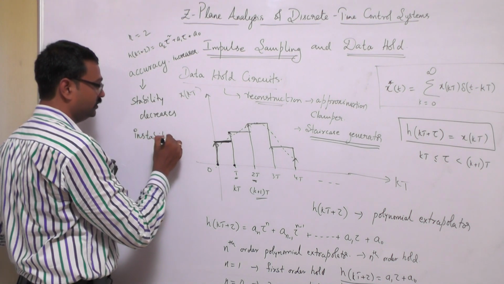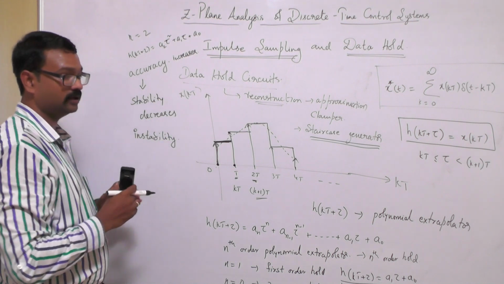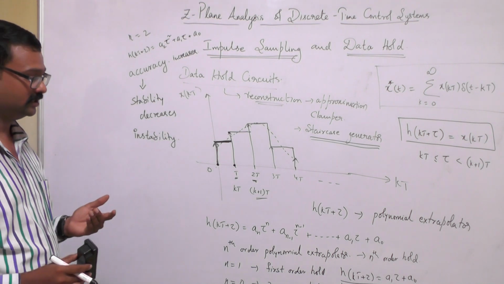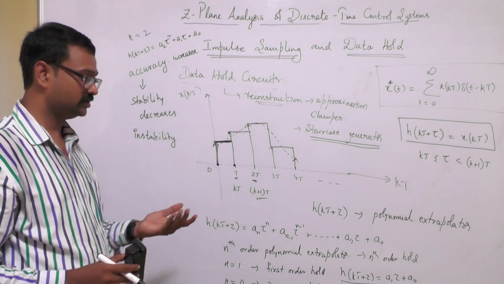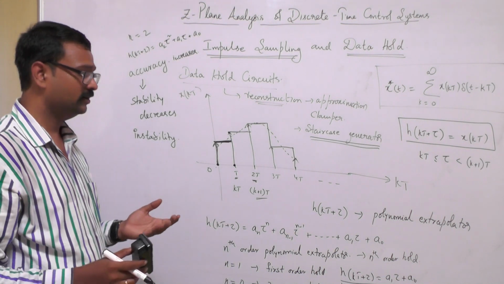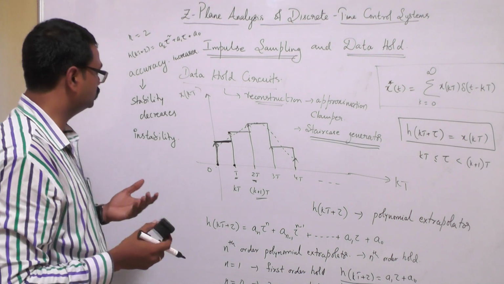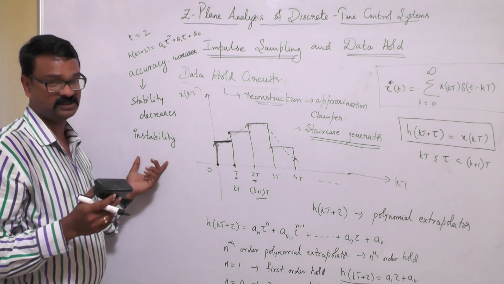There is a reason why we do not go for a higher number of time delayed functions, that is, beyond first order hold or beyond zero order hold. If we try to go higher, we lose the stability of the system,